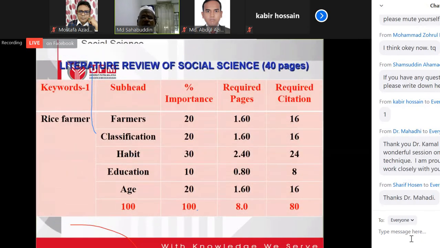For the review of the social science, same. Normally in social science the literature review will be longer, so it becomes 40 pages. Science we consider 20 pages, but social science 40. But the calculation you just follow from the beginning. How many under the respondent, how many under the IV and DV, so you just have to multiply 5 or 6 times, then you see the same calculation.